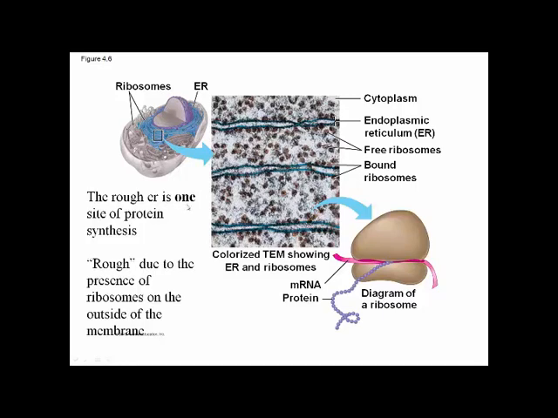RNA leaves the nucleus once it's been transcribed, and ribosomes in their pieces assemble into one large unit on mRNA in the cytoplasm. And if a protein is one that is to be secreted, so sent out of the cell, or to be involved in the plasma membrane, so to be a protein that's actually spanning the membrane, or if it's one that acts within the endoplasmic and the endomembrane system, then the ribosome that's starting to translate it in the cytoplasm is going to move to the rough ER and finish synthesis of the protein into the lumen of